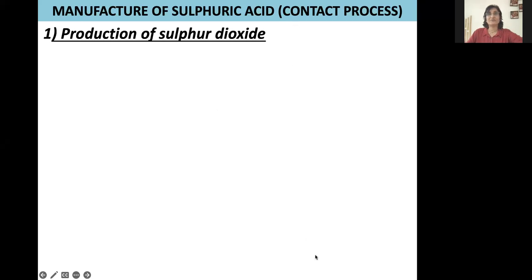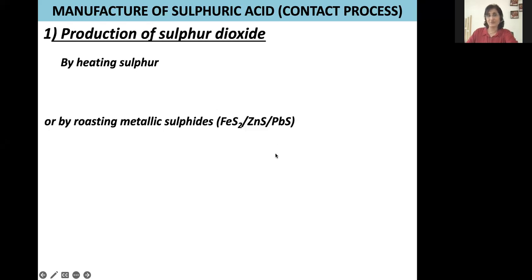Yes, let's take up the first step, production of sulfur dioxide, which can be prepared either by heating sulfur or by roasting the metallic sulfides. That is, S plus O2 will give you SO2. Metallic sulfide here, FeS2, is not iron sulfide only. It is an ore of iron found in nature called iron pyrite,